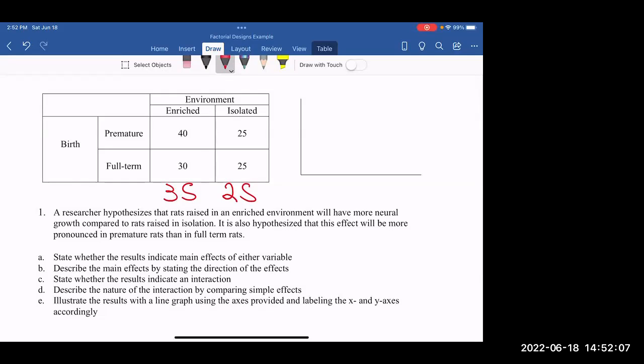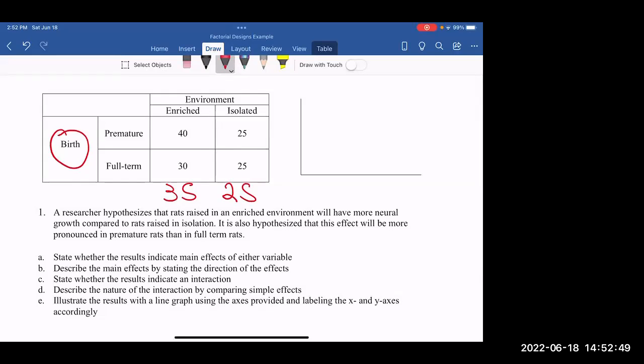Okay, so overall, in support of the researchers' hypothesis, there was more neural growth in the enriched condition than the isolated condition. Okay, and now we need to look at our other IV, which is birth, right? And again, we need to collapse across both levels of environment, right? So we're treating age here as a single independent variable. Okay, so just like we did for the